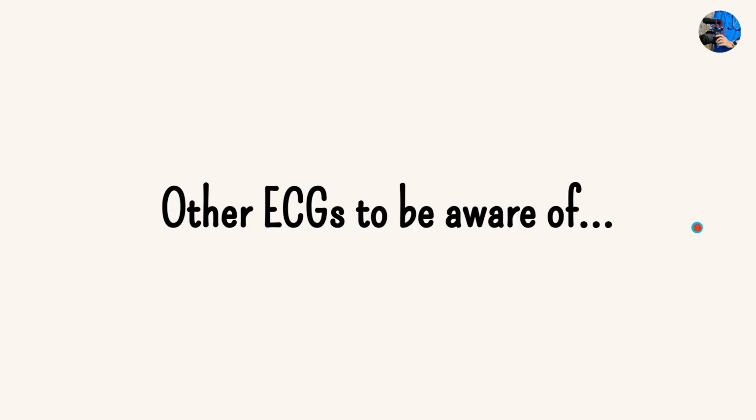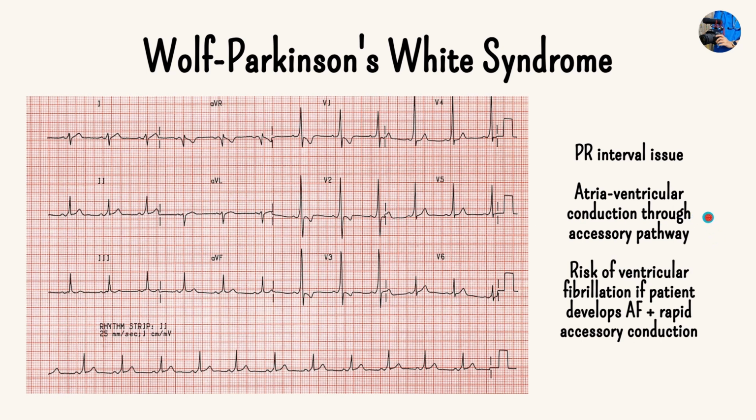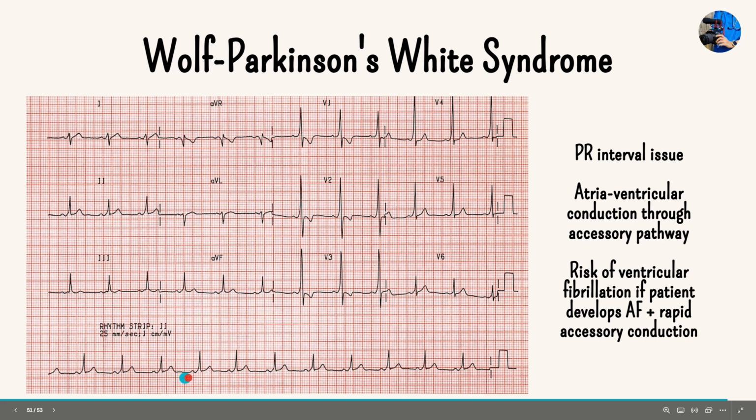Now, there are a few other ECGs that you should be aware of. One of them is Wolff-Parkinson-White syndrome. So Wolff-Parkinson-White is a PR interval issue. And let's have a look here. So on this ECG here, you can have a look at the P wave here. If you look at that little PR interval right in here,